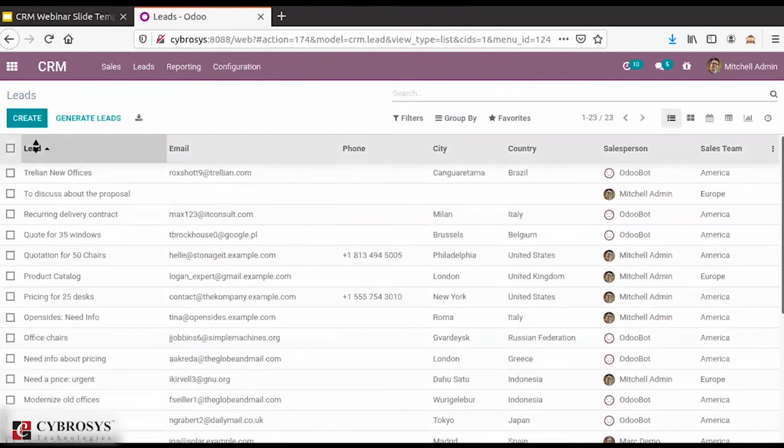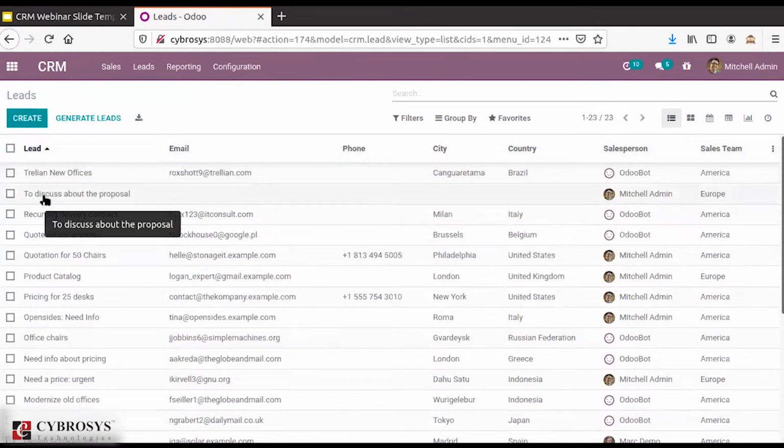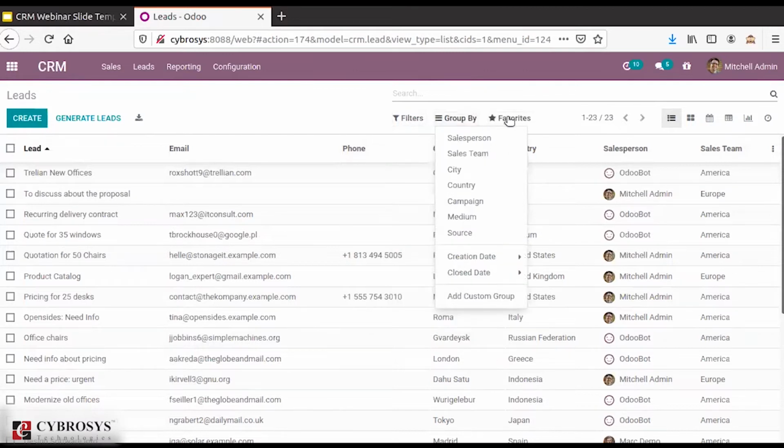here you would be able to see the lead that we have created, that is to discuss about the proposal. So here you can see the details. Here is the lead that we have created. In this view itself you have options like filters, group by and favorites and all.